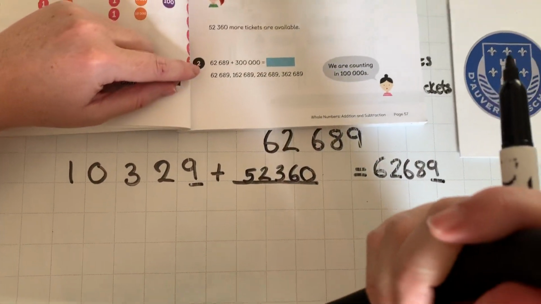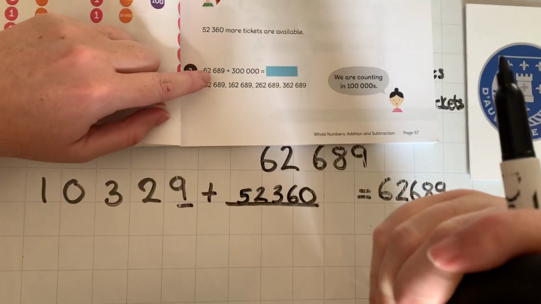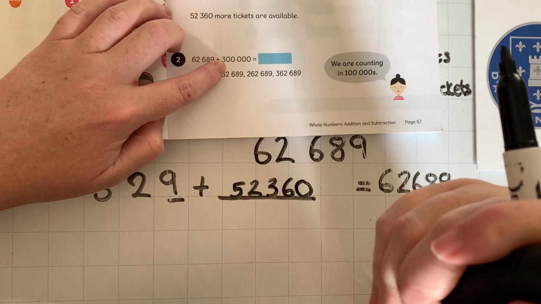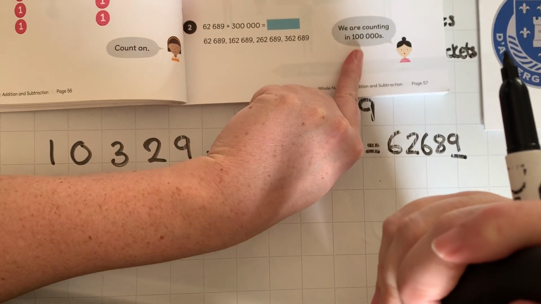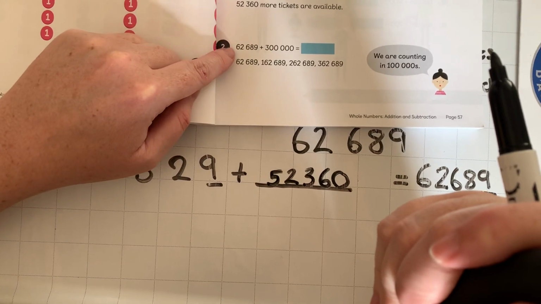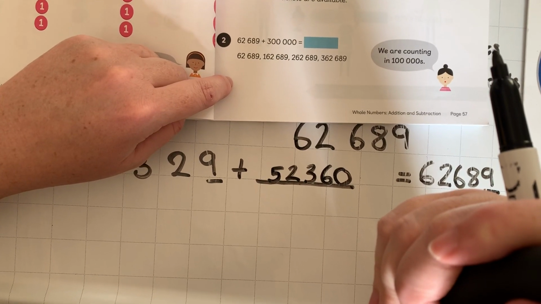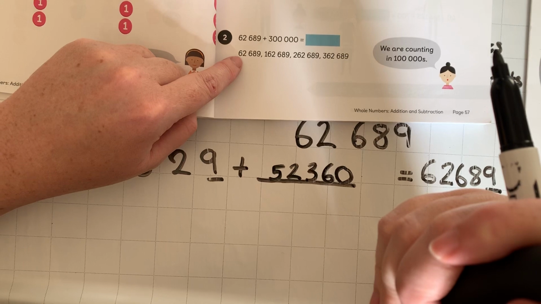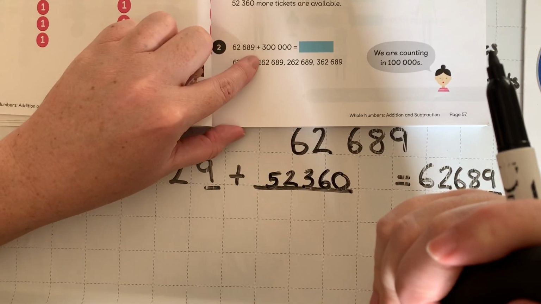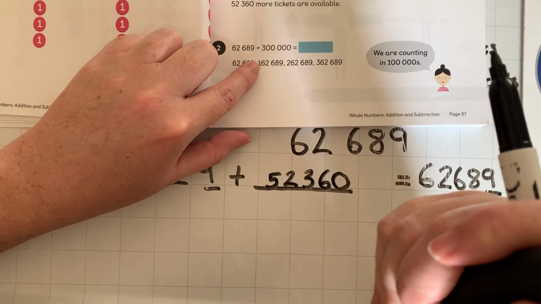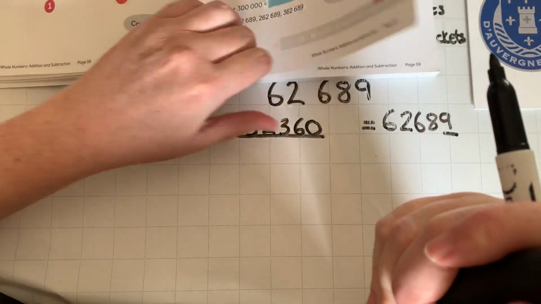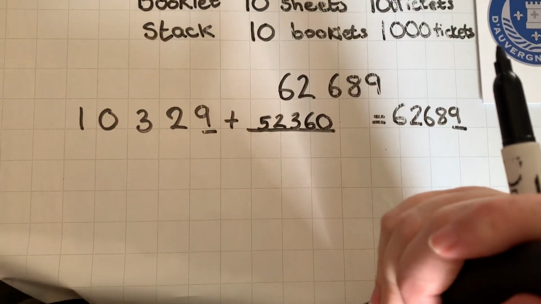Okay, now Ruby is asking us, if we have 62,689 and we're adding 300,000s, we are counting in 100,000s. She has worked it out by just changing the 100,000 number. So with 62,689, there is no 100,000 number. So when you add one on, it will be your first one. You add a second and then a third. Okay, we could have worked that out using our counters,